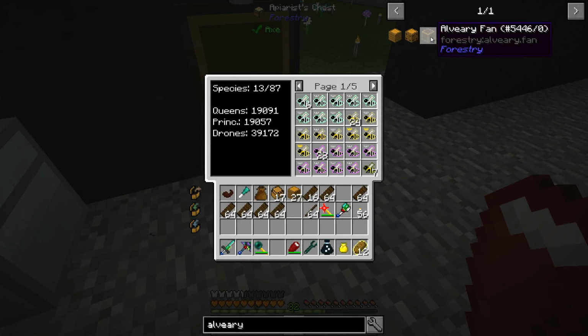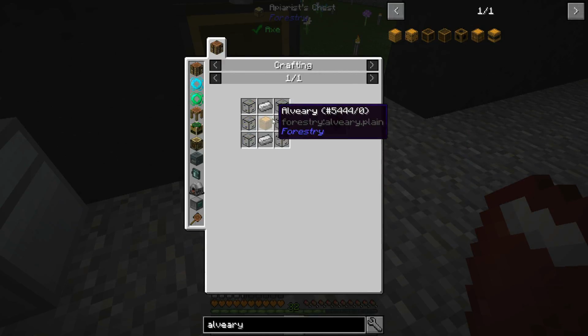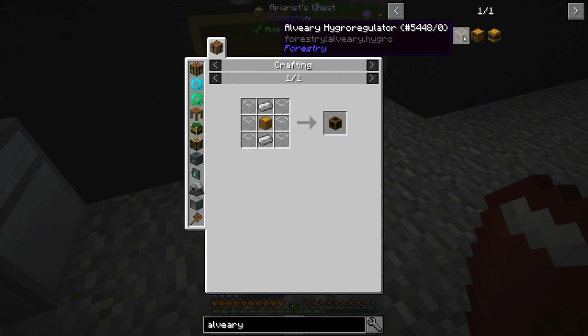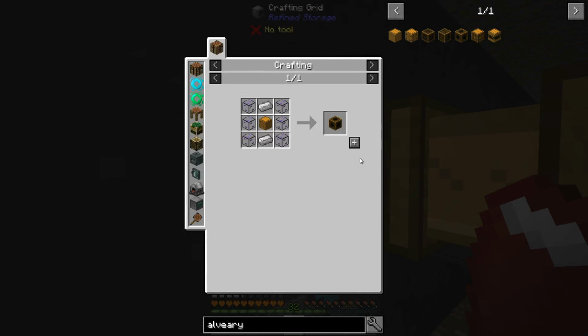But for now, I think we are going to go ahead and see about making some of these. So we're going to need some golden electron tubes. This one here looks like we could make. So that's the hygro regulator. So yeah, let's go ahead and make one of those, and we'll just see if we can